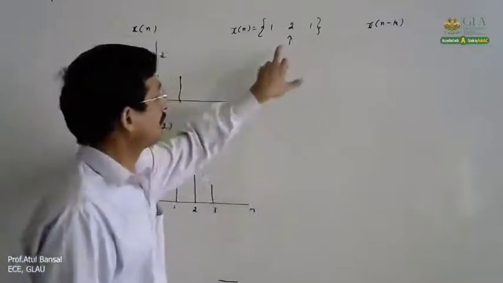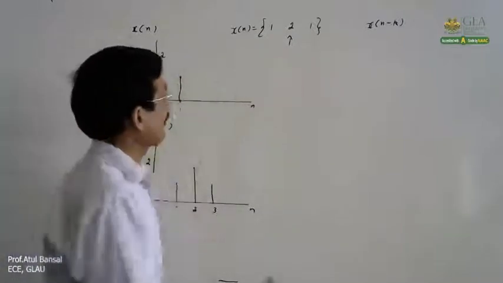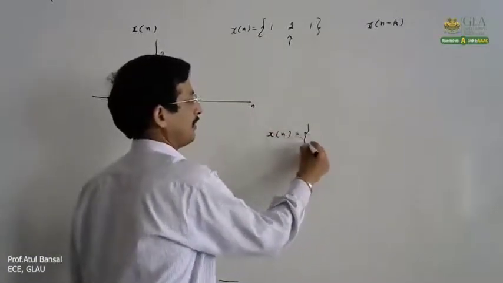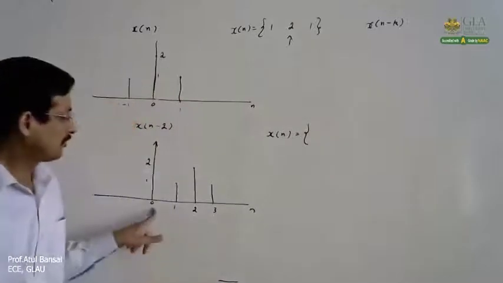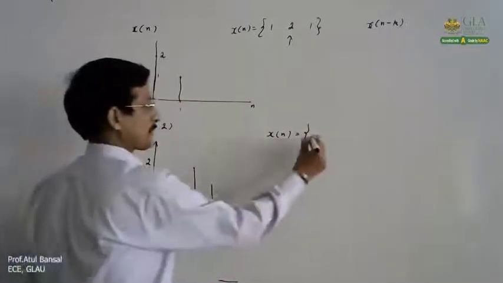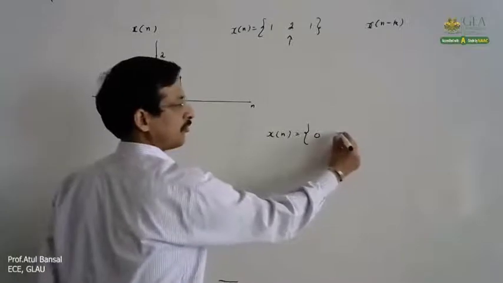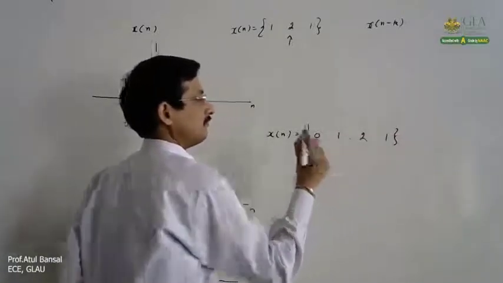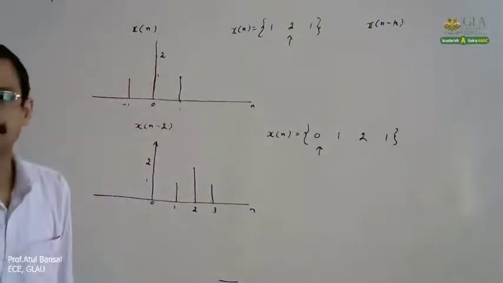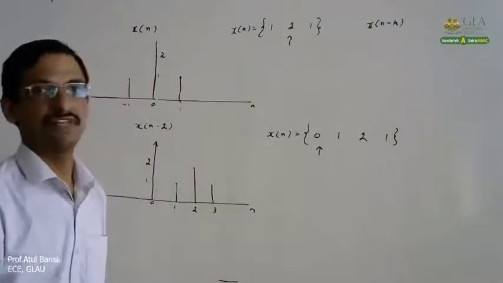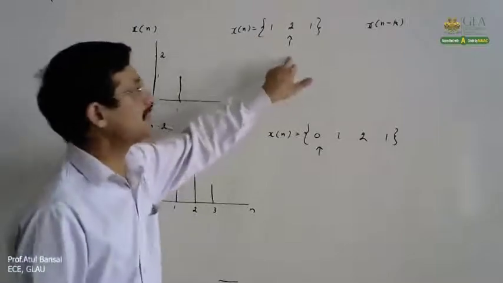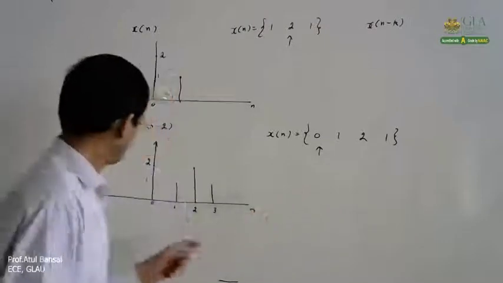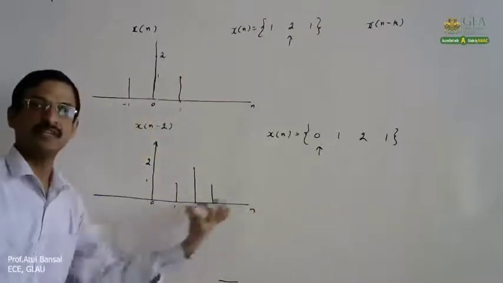In the same way, if you look at it from this type of notation, what will happen? At 0, now it is 0. Then 1, 2, and so on. So it will get shifted. Earlier it was at -1, 0, and 1. Now it is at 1, 2, and 3. At 0 it is 0. So that is how the shifting will take place.